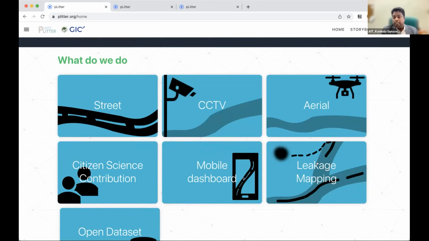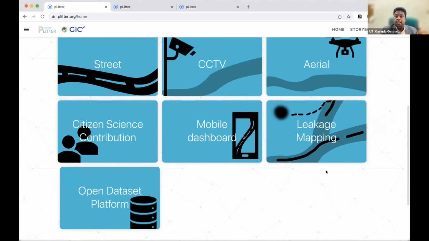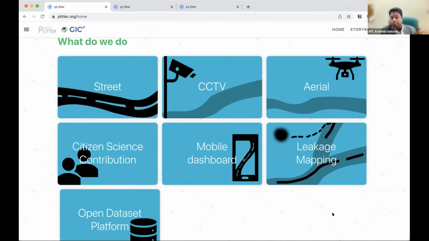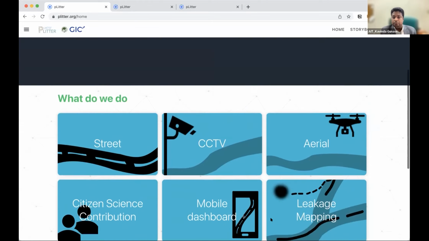Leakage mapping is another component our team is doing. Dr. Dan and other team members are leading this part, to understand and model how plastic leakage is happening and linking into the waterways. If you go here, we are uploading our open datasets into this component. And there are two items missing. We are planning to scale up this component, could be by experimenting with satellite data. And also we are experimenting with material flow analysis together with the plastic leakage mapping. So those will come in future.